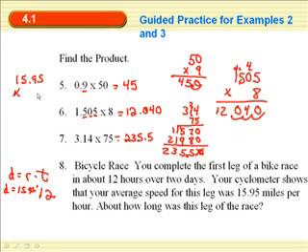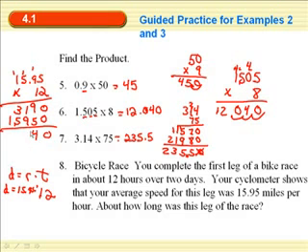15.95 times 12. 0, carry the 1, 18, 19, carry the 1, 11, carry the 1, 2, 3, placeholder, 5, 9, 5, 1. 14, carry the 1, 11, carry the 1, 5, 9. And 2 decimal places. Drop that 0. You went about 191.4